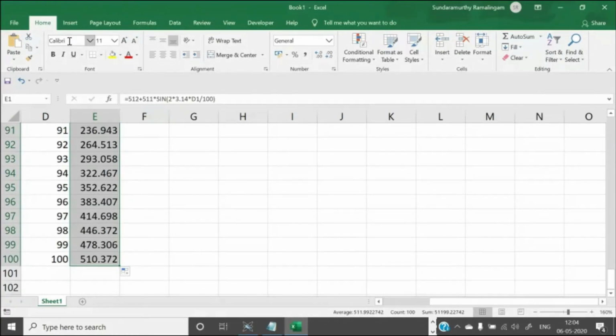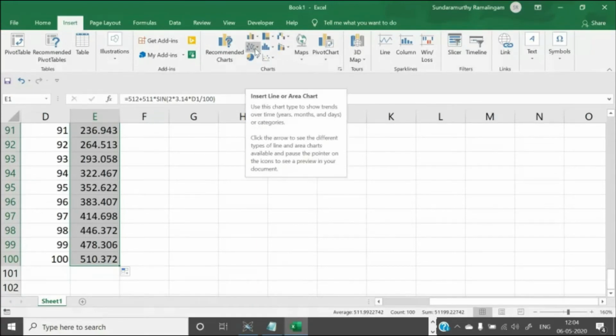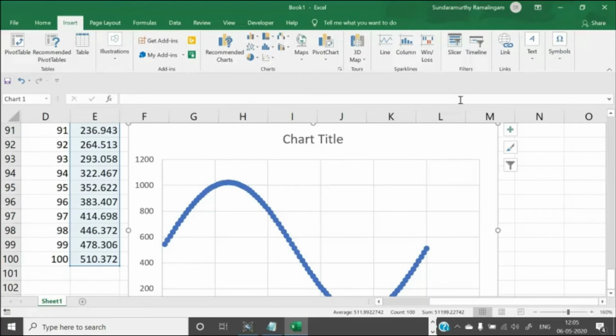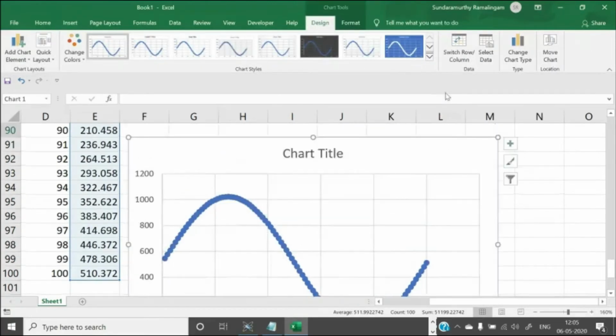In case you insert a chart, then probably you may end up with an output.